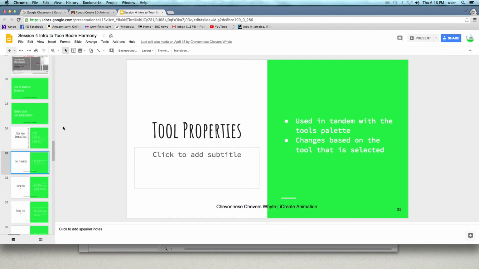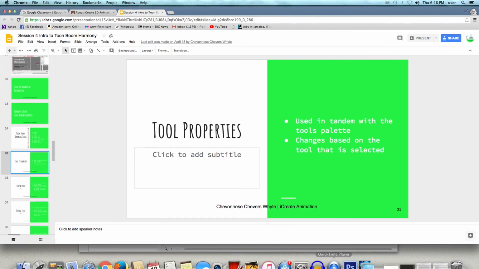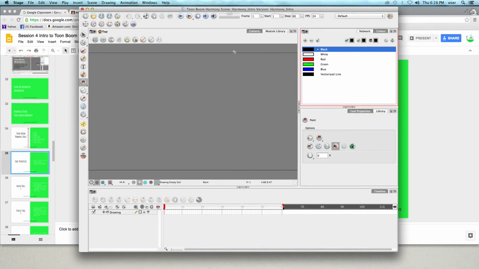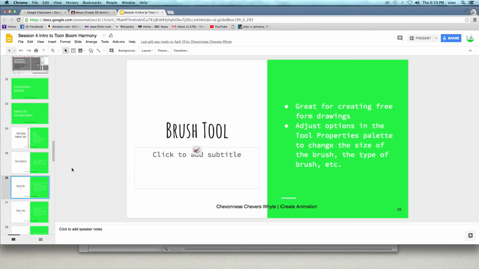All right, and these tools are used in tandem with the tool properties window. So you are working with a tool, and say I've activated a tool. Let's say paint. I can go to tool properties, and in the tool properties window, it gives me additional options in regards to that tool. If I change the tool, the tool properties changes. So yeah, contour editor, the tool properties changes, right? All right, so the brush tool, fairly simple, great to make freeform